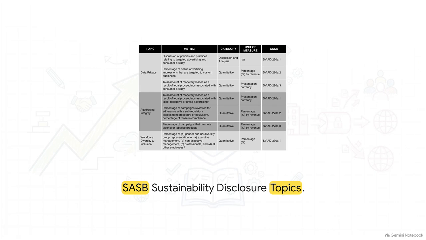So enter the definitive tool that investors use to solve this exact transparency problem, the SASB Sustainability Accounting Standard for Advertising and Marketing. Today, we're zeroing right in on the data privacy section. By looking at 3 specific metrics, labeled SV-AD-220a.1, .2, and .3, investors can basically cut through all the corporate marketing fluff. It lets us see exactly how responsibly a company is handling your digital life.